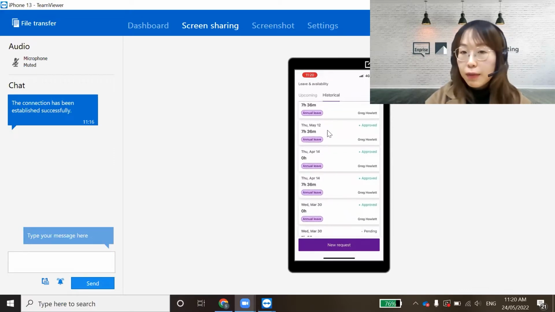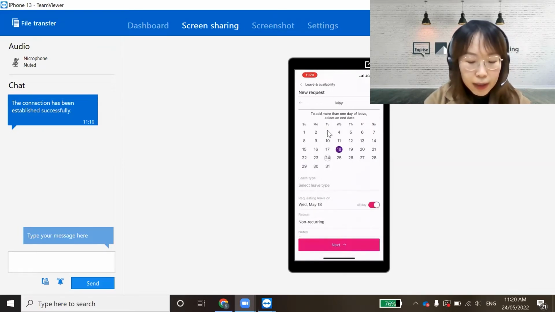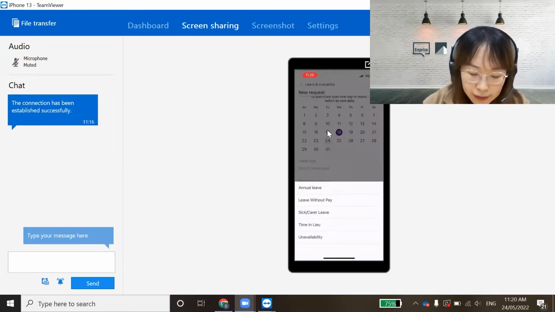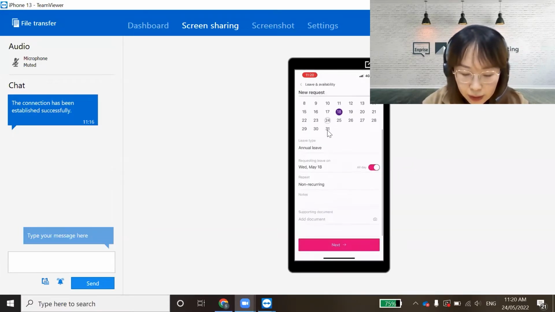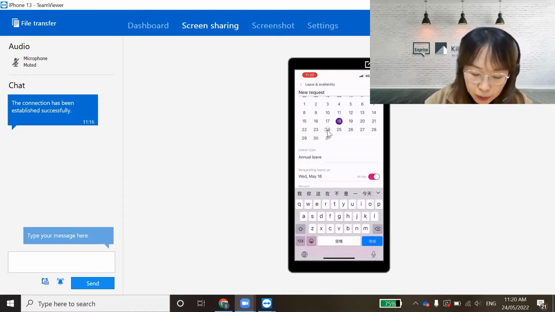To apply for a new leave request, employees can simply click new request. Specify the date that they want to apply for leave. It can either be 1 day or a group of days or a half day. Then the employee can specify the leave type. These are all customizable. We could decide whether you want to share the leave balances with your employees for any type of leave. We need to provide a note